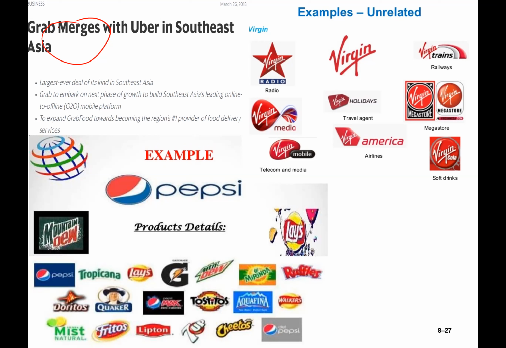Because Grab is based in Malaysia and Singapore, it knows the nature of Southeast Asian business and countries compared to Uber, and suddenly Grab became more popular than Uber. In such a way, they are competing head to head. But at the end of the day,